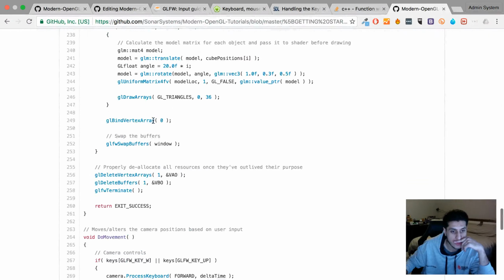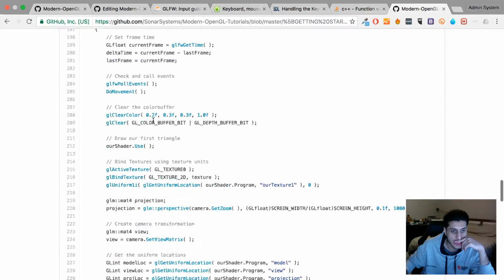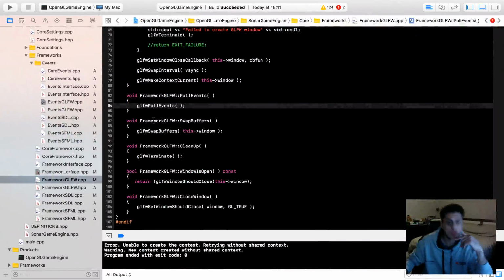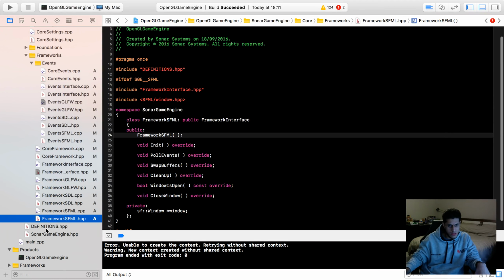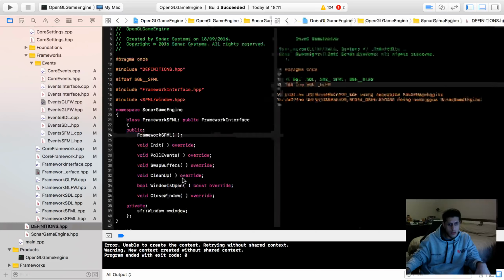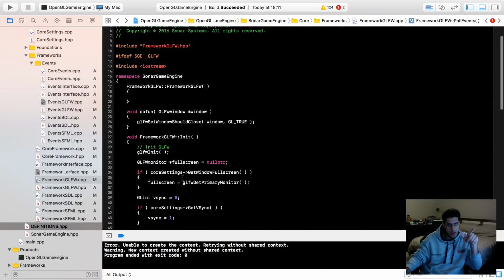Was anything done within the poll events within here? No, so nothing has to be done within here necessarily. Or is GLFW even activated? Yeah, it is. What we could do